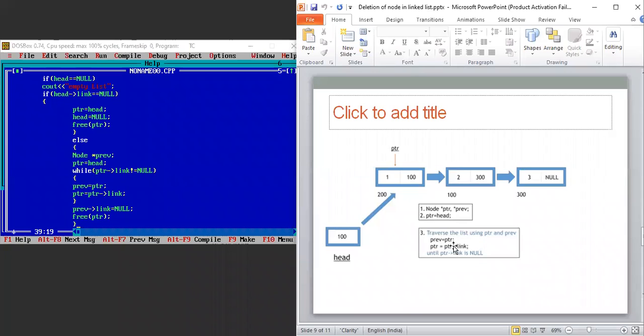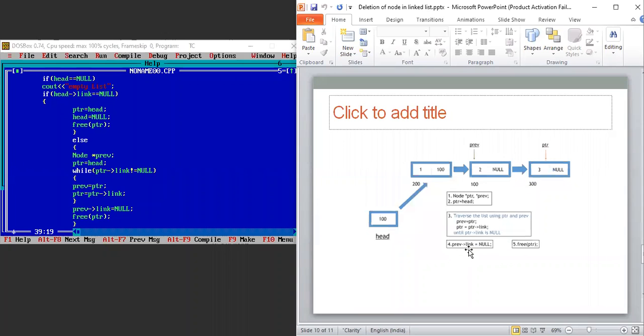I will assign the value of PTR to the previous, and it will start traversing each and every node of your linked list until the value of link is null.